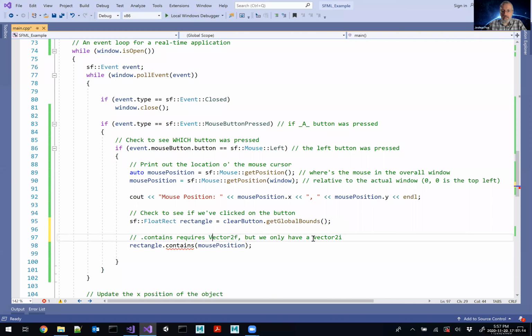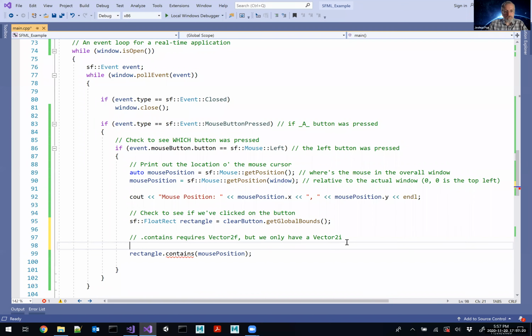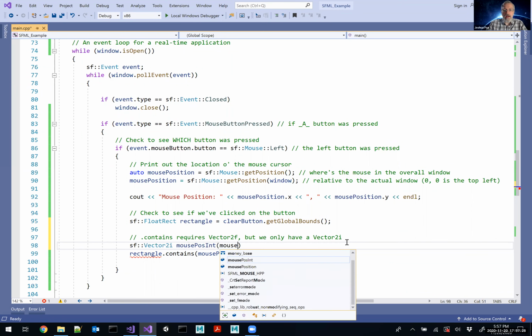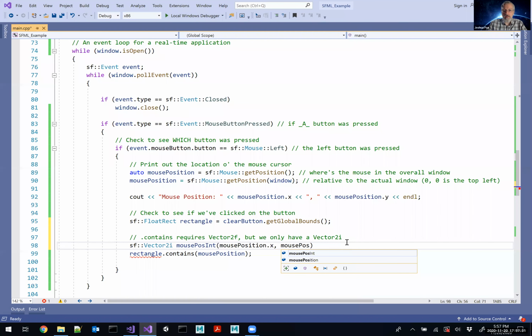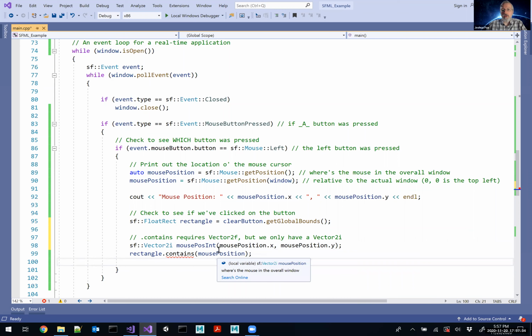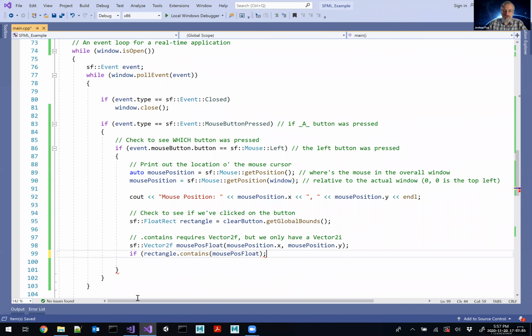So we can convert easily enough. There's no native conversion for this. So what we can do here is say sf::Vector2f mousePosFloatVersion, and use mousePosition.x, mousePosition.y. We're converting integers to floats right here, and then we'll just use this. So this is a function that returns a Boolean, so I don't just want to call the function, but if this is true,